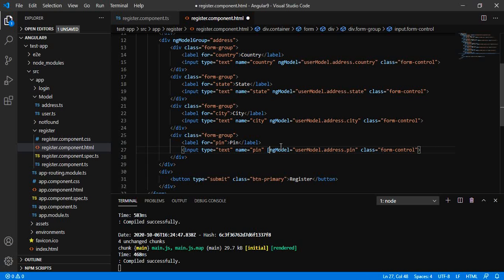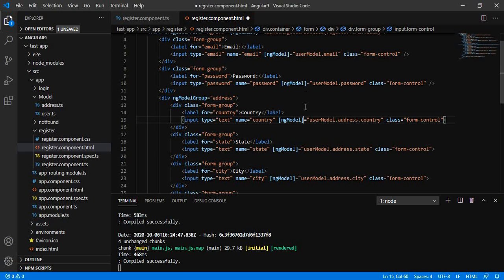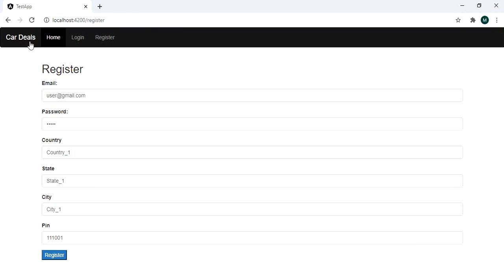Let me change this ngModel to property ngModel by adding the brackets and apply it to all other properties in this particular group. Now let us see. We are able to bind the values from the model to the view. We have achieved the one-way binding